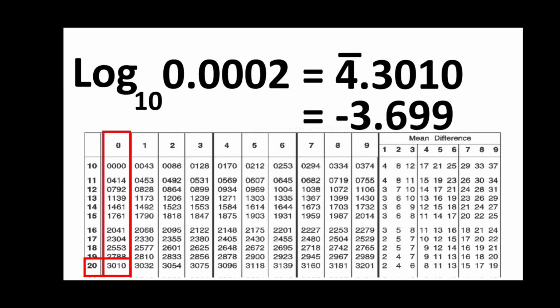Now the last example. In the first step, since the first number is 0, we need to move the decimal point in the forward direction and not in the backward direction. And also the characteristic is bar. Hence we move the decimal point by 4 positions forward and it becomes 4 bar.